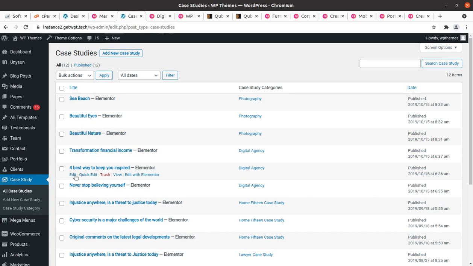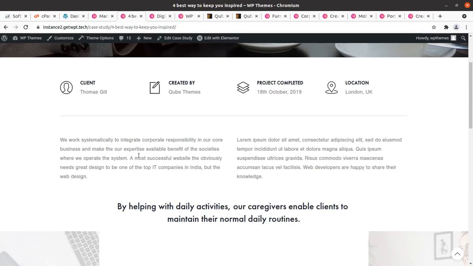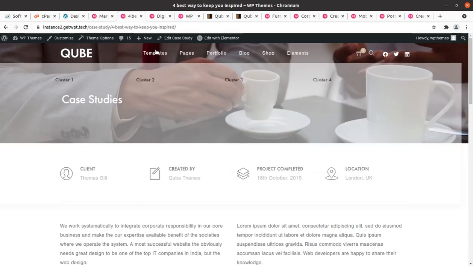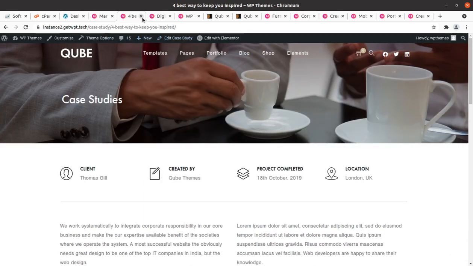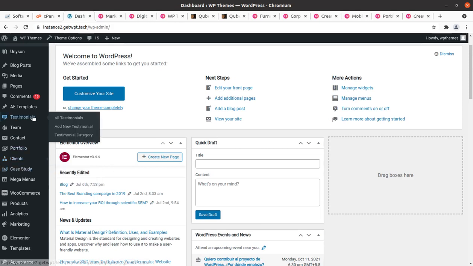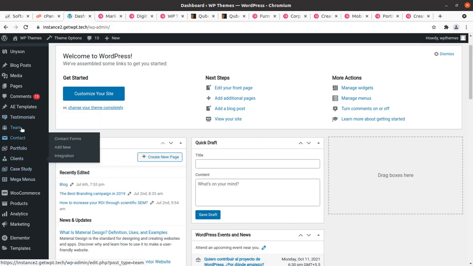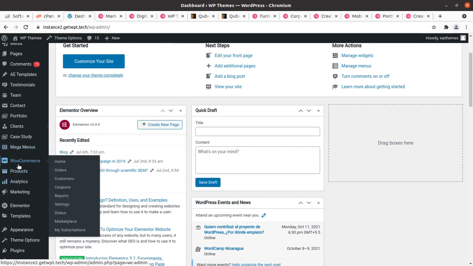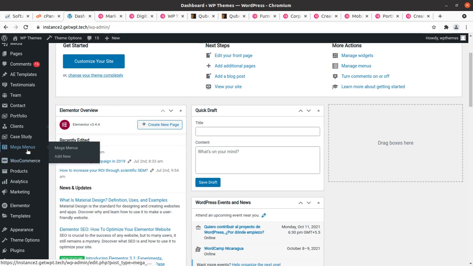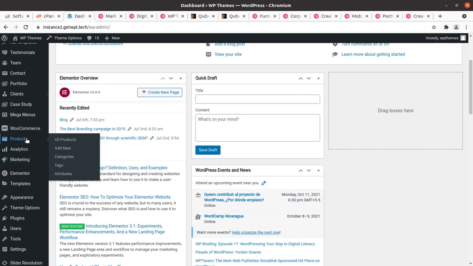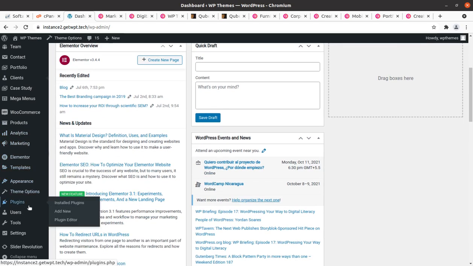We can take a look at how it looks on the website. And all pages and all sections have been made with Elementor, and editing with Elementor is always easy. This is the case study part. So all these elements have been given separately in the navigation menu, so editing the content is really easy for beginners, and even if you are not technical, you can easily manage your content. In case study we have seen, and mega menus is here. Products and other things are common as in our WordPress.